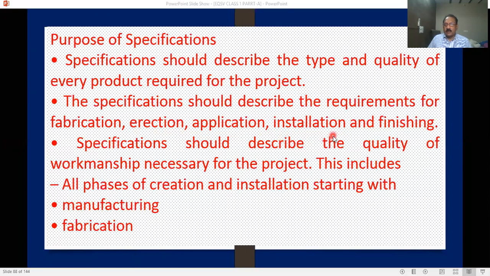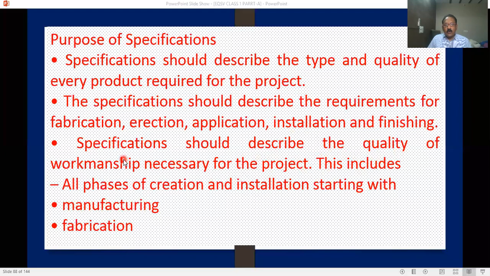Properly you have to install, and the finishing should be very clear. The specification should describe the quality of workmanship necessary for the project. Workmanship is also very important.